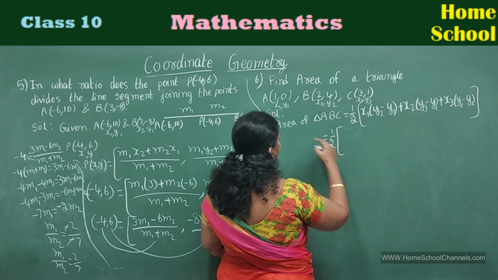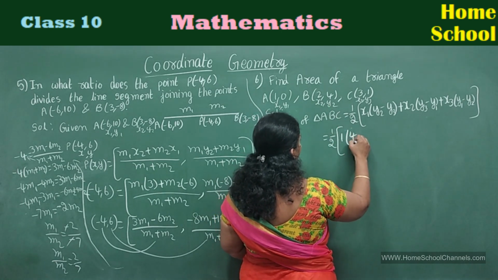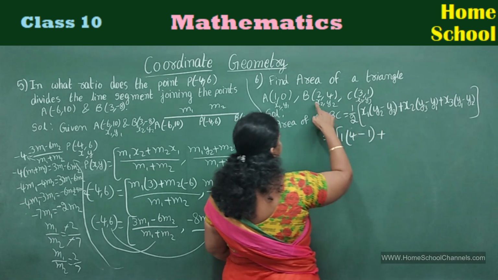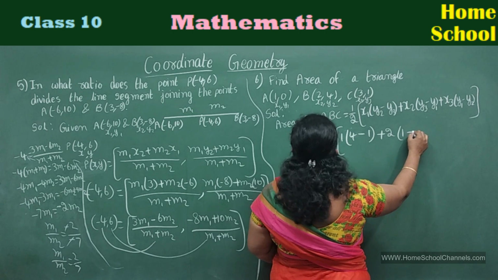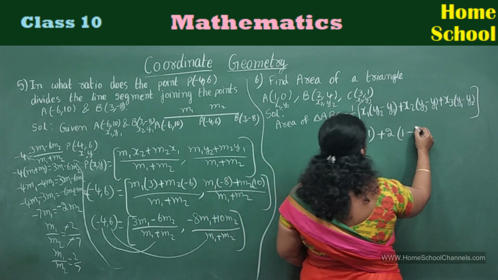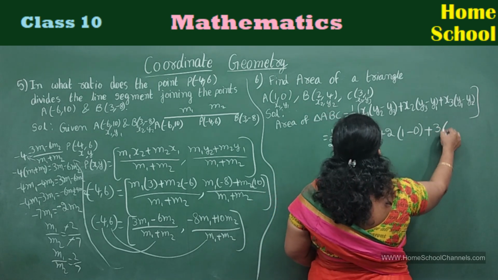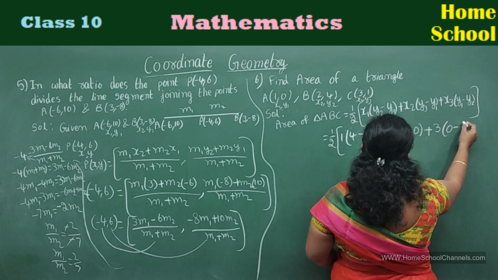Half into x1, 1 into (y2, 4 - y3, 1) plus x2, 2 into (y3, 1 - y1 value is 0) plus x3, 3 into (y1, 0 - y2, 4)